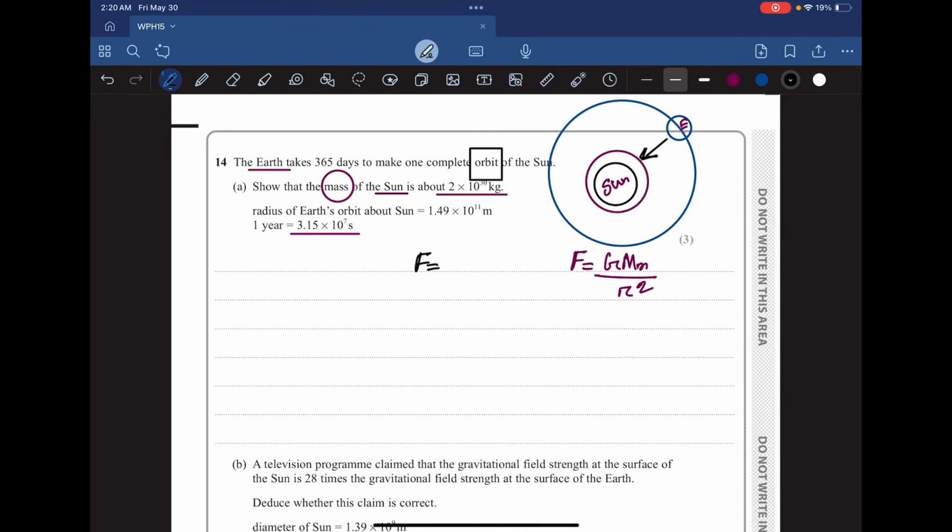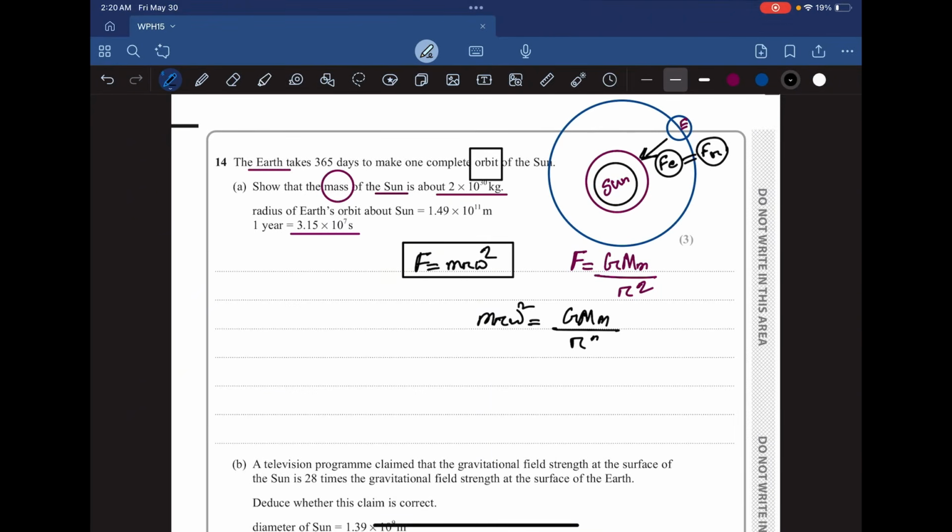The formula of the centripetal force is gonna be mr omega squared right here. And we know the centripetal force right here is actually the gravitational force, right? The gravitational force and the centripetal force. So we can write both of this formula as a whole. So we can write mr omega squared is equals to